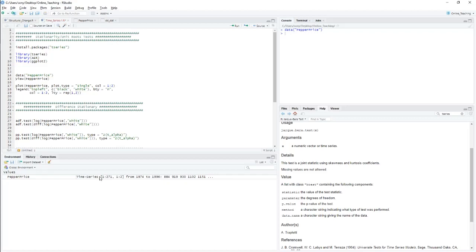When you are doing any kind of time series analysis, first you have to convert the data into time series data. If you don't know how to do it, you can search on Google or see my previous video, where I showed how to convert the data into time series data. Generally R reads data in terms of a matrix or a data frame, so you have to convert that data into time series data.